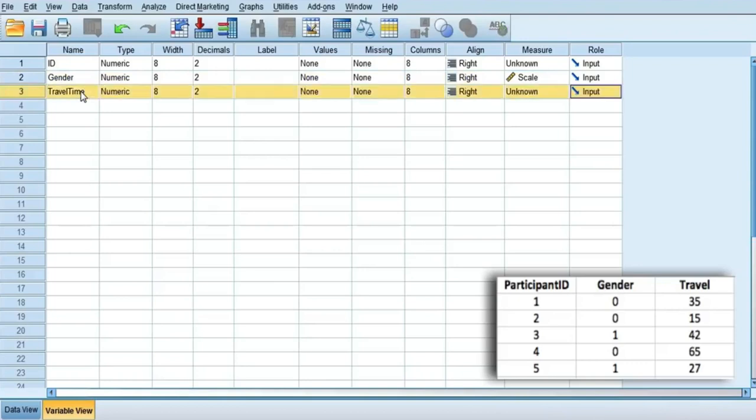Now there's a couple of rules when writing variable names. 1, they must begin with a letter. 2, they cannot contain a space. And 3, they cannot contain any special characters except for an underscore. So for travel time, I could put an underscore in between and that would be acceptable, but I cannot put a space. The second column is defining the type of data,